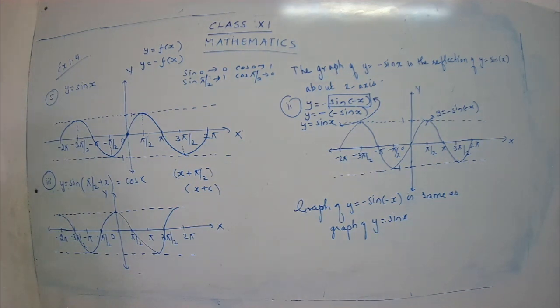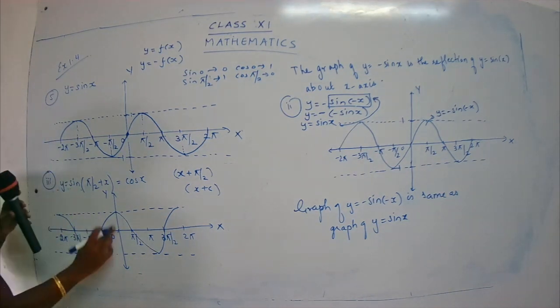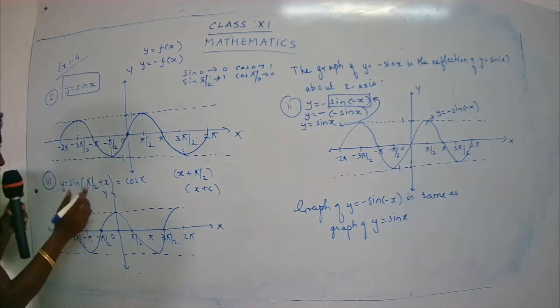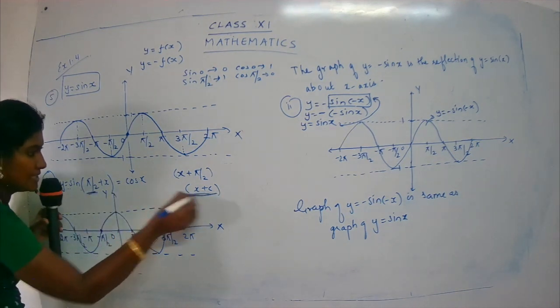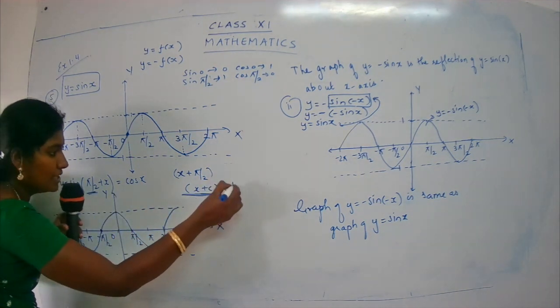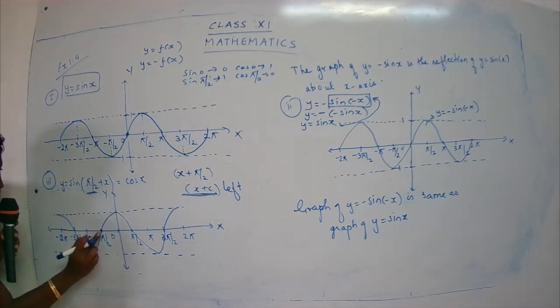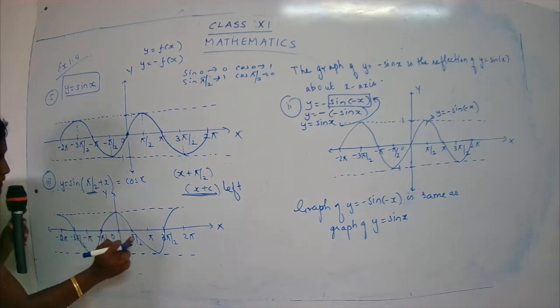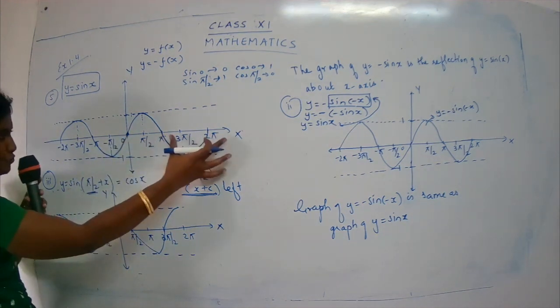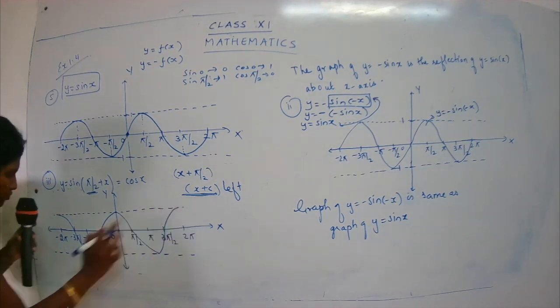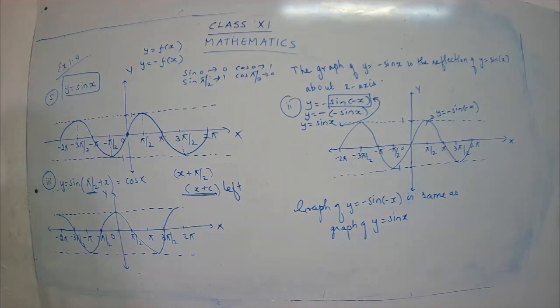When I look at the board, I feel everything is the same, but when you notice it minutely, everything is different. Here we started with 0. The original graph of sin x started from the origin 0. But now since it is pi by 2 plus x, the shift is going to be to the left. So from 0 we have shifted to minus pi by 2. So draw the curve properly: minus pi by 2 to pi by 2. Here we had 0 to pi, pi to 2 pi. So here minus pi by 2 to pi by 2, pi by 2 to 3 pi by 2, and so on. Again here the same way.